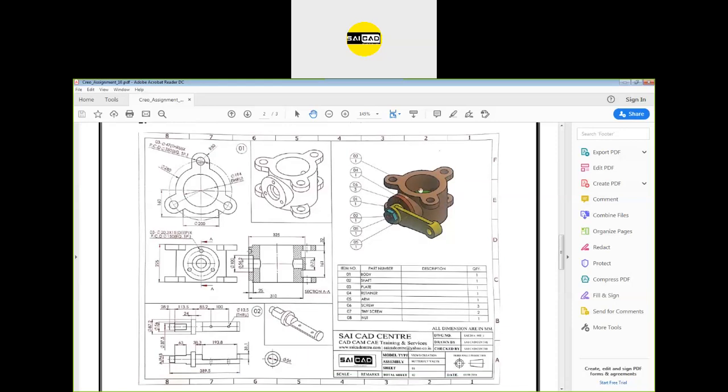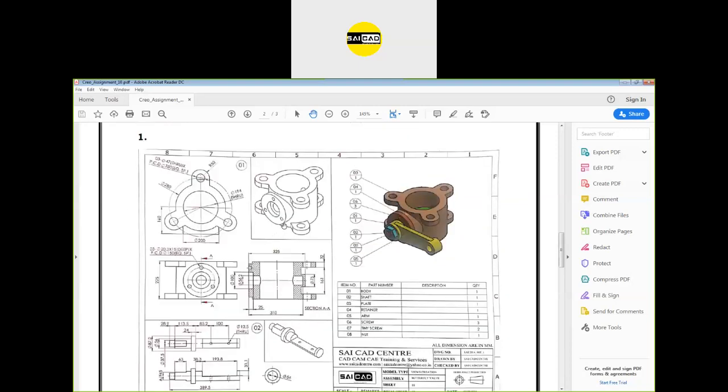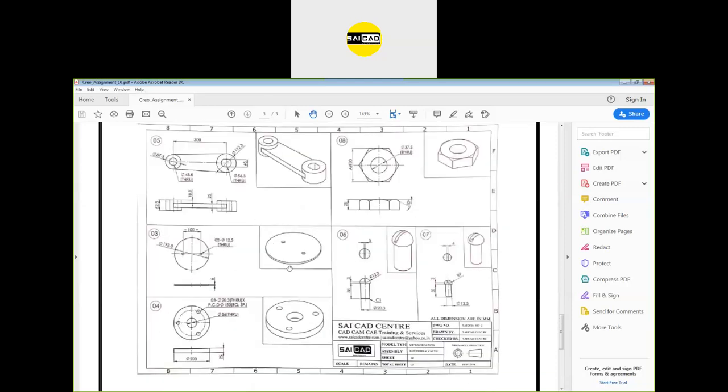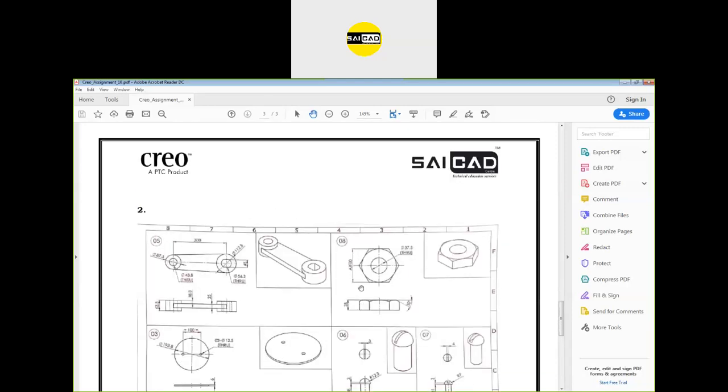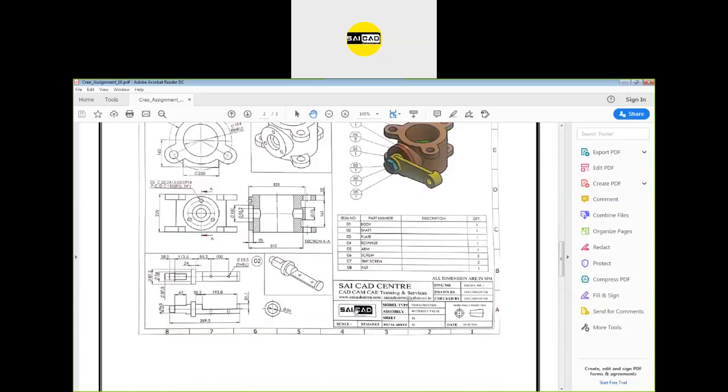You can create it in a separate sheet, or in a single sheet, using A3, A2, or A1, whichever you need. So create all the parts and create the drafting for the whole assembly. Use the bill of material and the balloon, and create the table. Create your own custom format and apply that format in the assembly.